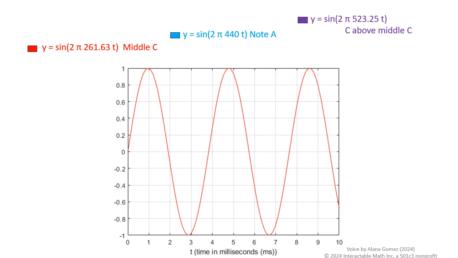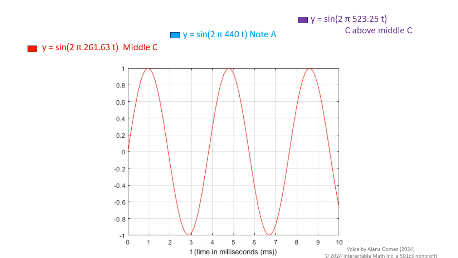Remember back on page 2 of this trig section, entitled Trig Functions Make Music, when we presented the C major scale and you created notes out of sine waves? Let's revisit this again and just look at 3 notes: middle C, the C above middle C, and the A in between.